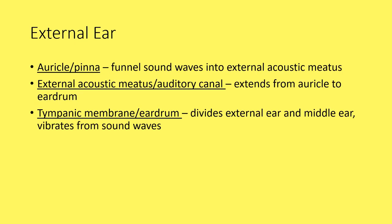The external ear is composed of the auricle, or the pinna. This is what most people think of when they see that external part of the ear. Its purpose is to help funnel the sound waves into your external acoustic meatus, also known as your auditory canal. That extends down to the eardrum. So you're trying to help focus and direct the sound waves through the auditory canal to the eardrum,